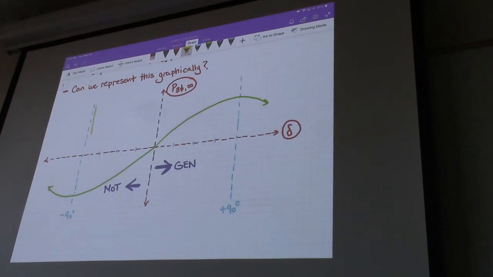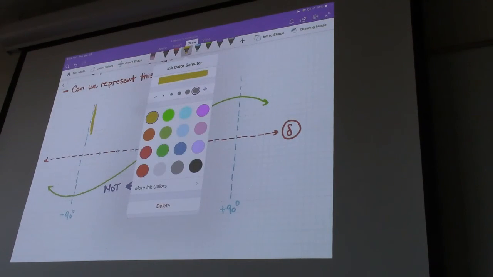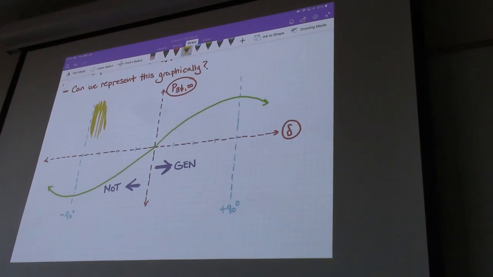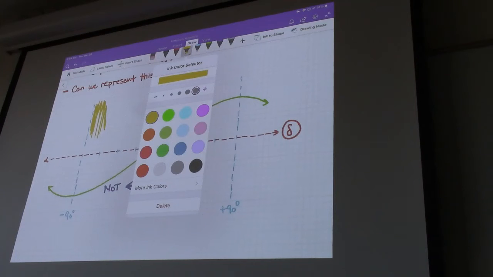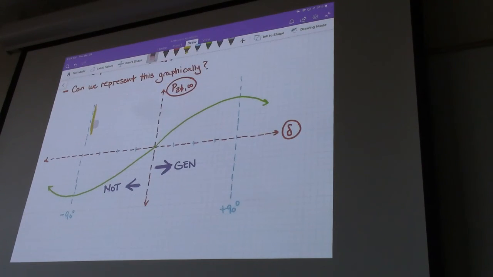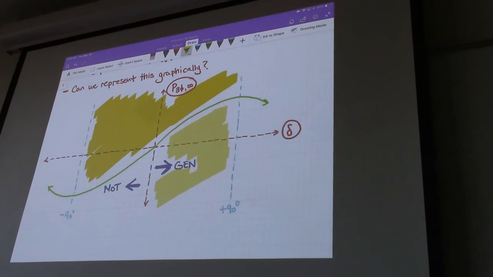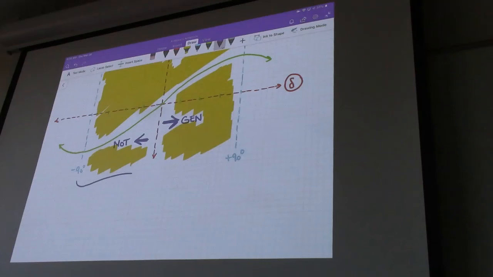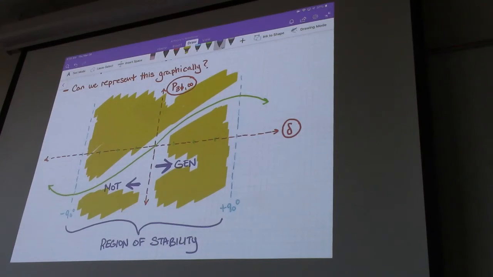Now, this whole region right here, this is the region of stability. So in here, stability, out here,